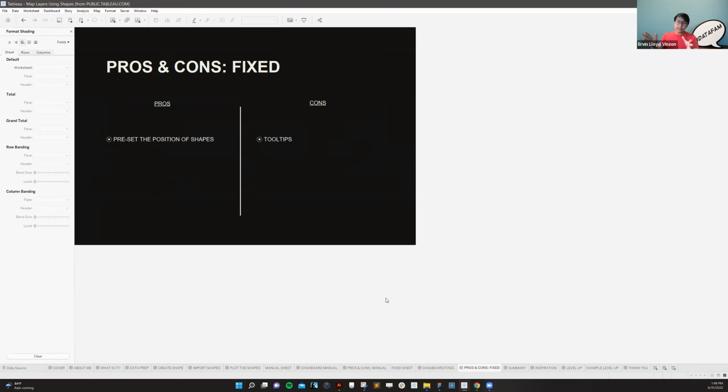So what are the pros and cons of this? For the pros, we can preset the position of shapes. We do not have the hassle of positioning shapes on Tableau. And the cons is the tooltips. So meaning to say, the last layer that we place on the shapes will be the tooltip that will be